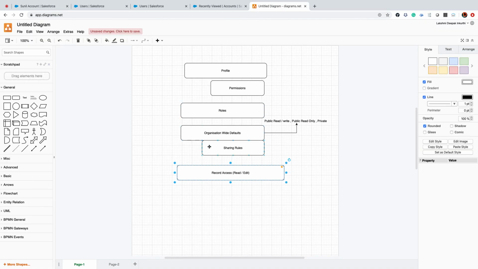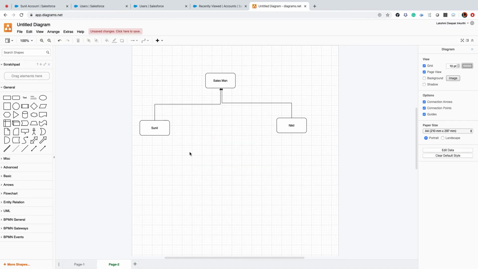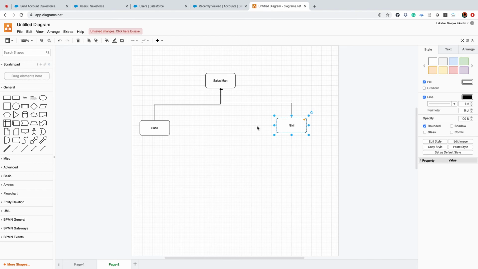Even if Nikhil creates a record and selects the account as hot, that account should also be shared with Sunil. Clear?